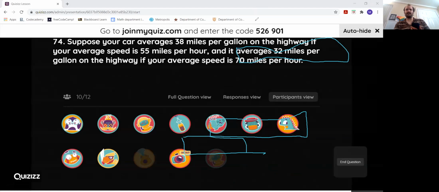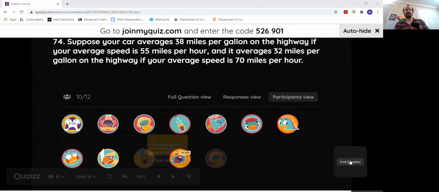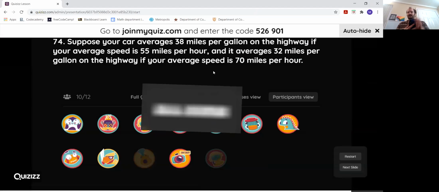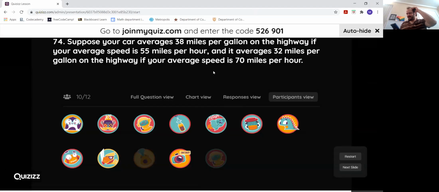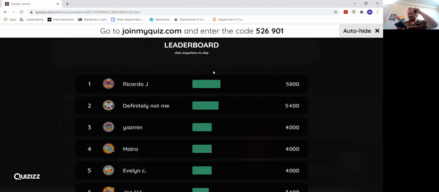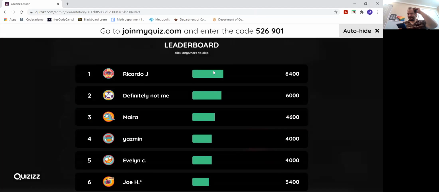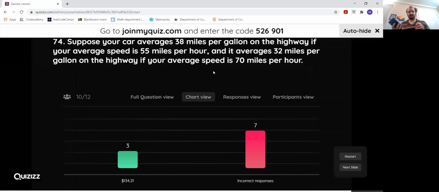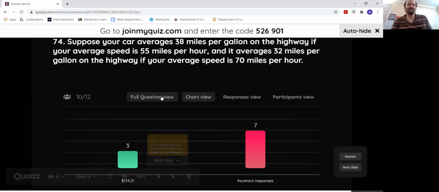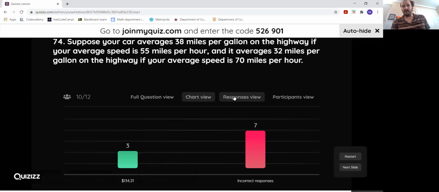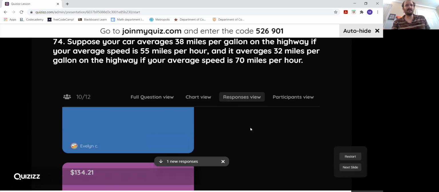Where we at? All right, looks like most people are answering something. And you got this set up on the next page. So let's see where we're at. It should be a dollar amount. I believe you should be getting something like 134.21. I think that's what I got. If you're within a few cents, it's fine, right? 134.21